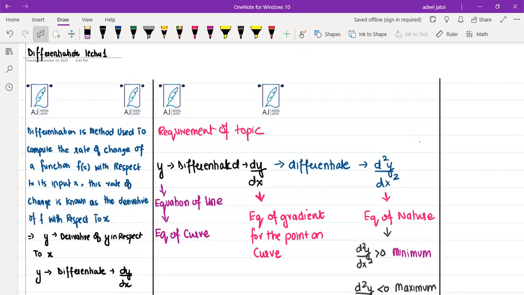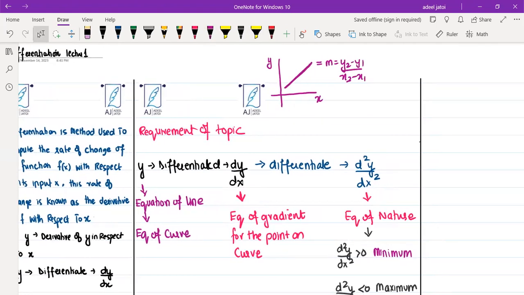Now, normally, for the gradient, we have a straight line. And for a straight line, to find the gradient, we have the formula y2 minus y1 upon x2 minus x1. But if we are given x and y, and there is a curve,